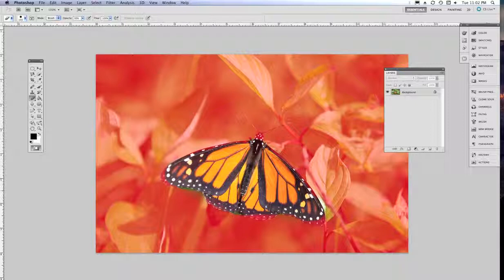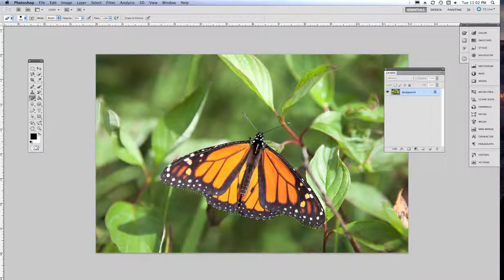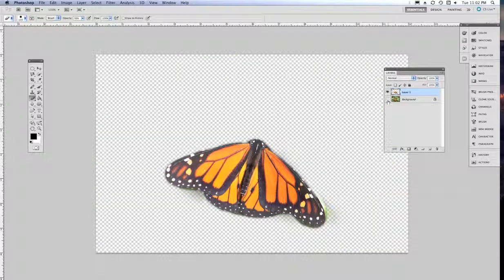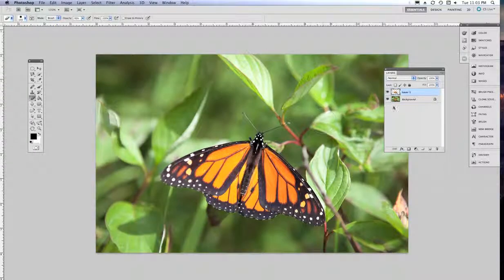So there's the quick mask. Everything's selected except the butterfly, so I've painted away all the stuff I don't want. I click off, and there's my selection of the butterfly. Not bad, relatively close. Let's do a quick test. Control C, Control V. Not bad, not great, but not bad. It's a start. So that's quick mask mode. That's one way